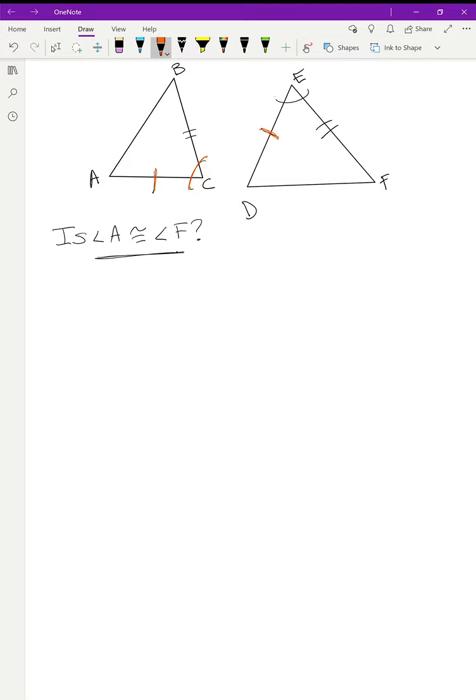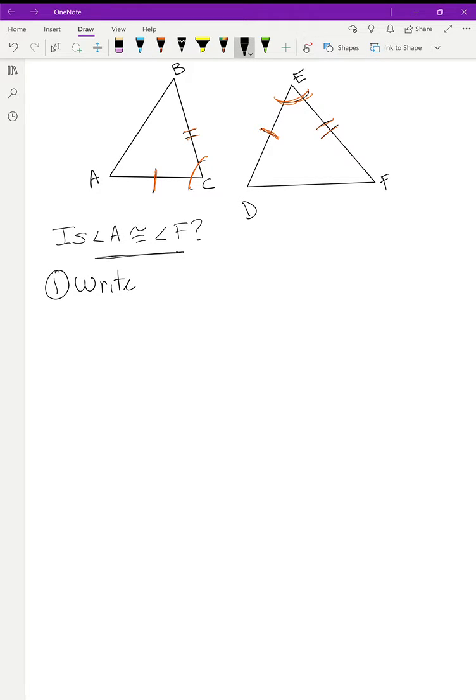This angle is marked with 1, this is marked with 1, so those are congruent. This side is marked with 2, this side is marked with 2, so those are congruent. Now, I know my pictures don't look congruent. Sorry, I'm not perfect. The first thing that you want to do on any of these first is to write